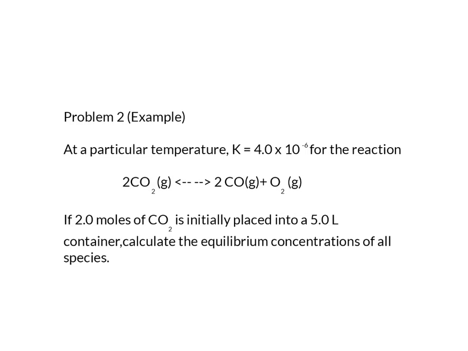Okay, so today I want to go through how to do a nice problem when coefficients are involved. We're still dealing with a very small K value, so as to avoid using the quadratic equation just yet. The problem is that at a particular temperature, K equals 4.0 times 10 to the negative 6 for the reaction 2 carbon dioxide gas yields 2 carbon monoxide gas plus oxygen gas. If 2.0 moles of carbon dioxide is initially placed in a 5.0 liter container, calculate the equilibrium concentrations of all